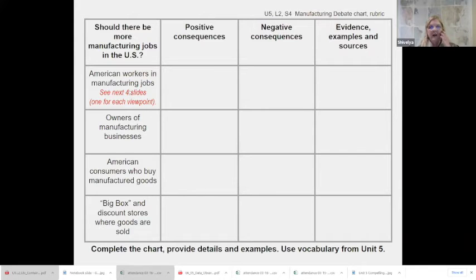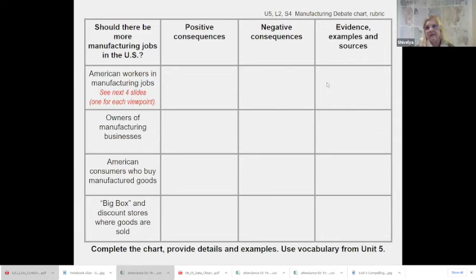And so what we look at, we take 4 different perspectives. So you can divide kids up into groups, and this group is a group of workers who work in manufacturing. Another group could be the owners, consumers, and then the big box stores. And if you start to take a look at it, they're all going to have their own perspective, their own opinion of it. And so based on answering that question, they have to give both a positive and a negative consequence to it. And we expect them to use some of the vocabulary that we've been talking about